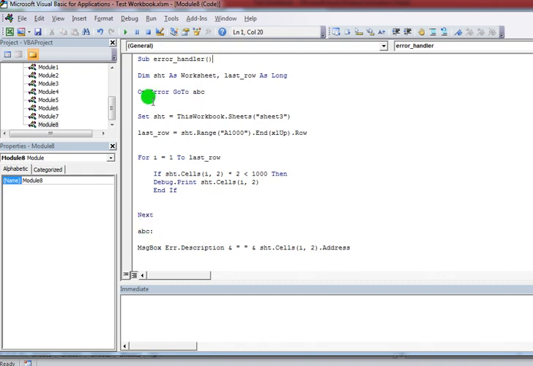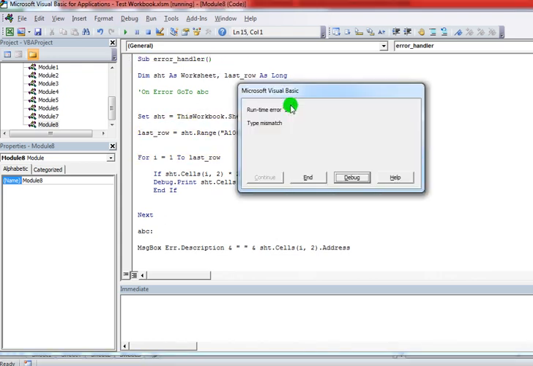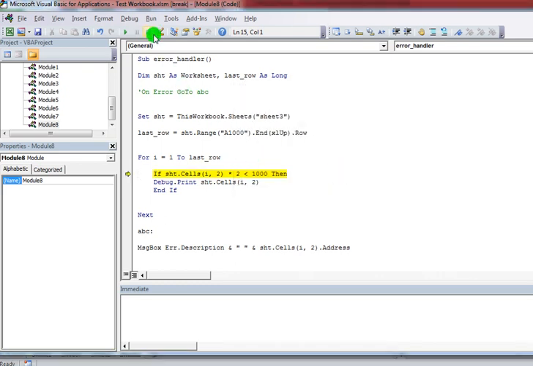Now I'm going to execute the code. Now you can see I'm debugging the code. Sorry guys, I forgot to mention On Error GoTo here. Now you can see that I'm executing it again.